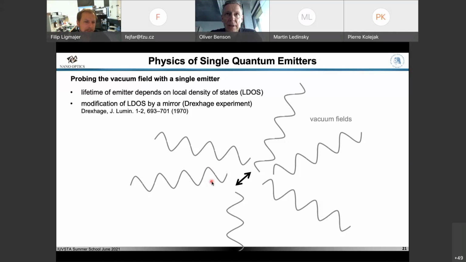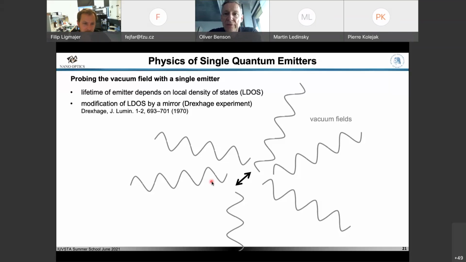Another property of the emitters that you would like to change, now that we learned they emit individual photons, is maybe it's possible to change the rate of emission. So if you put an atom in free space, it spontaneously emits light. And already this is also a quantum effect. Yeah, so there's no way you can derive a theory why an emitter in an excited state, quantum mechanically an eigenstate, why should it spontaneously emit?